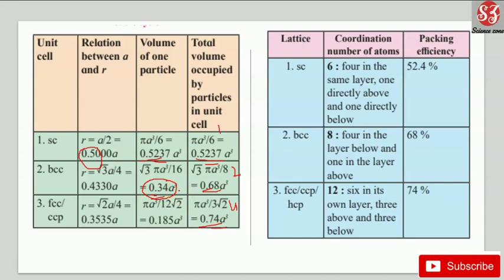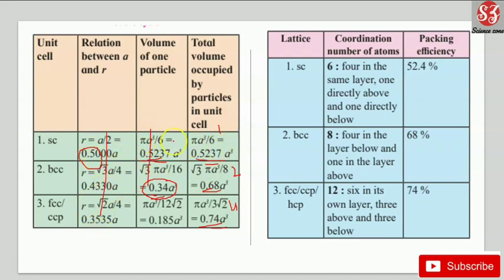Just by knowing A, which will be provided in the exam. Correct? So if you know A, you can easily substitute the value here and calculate this. So if you just remember this, this part will be automatically done. How come? So this part you have to remember, no option.